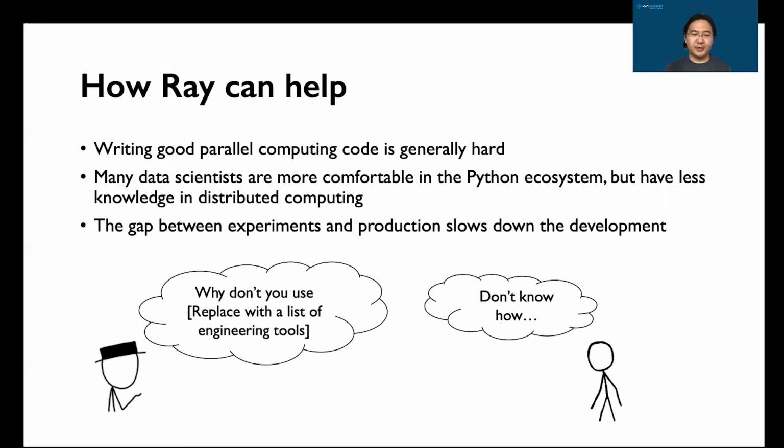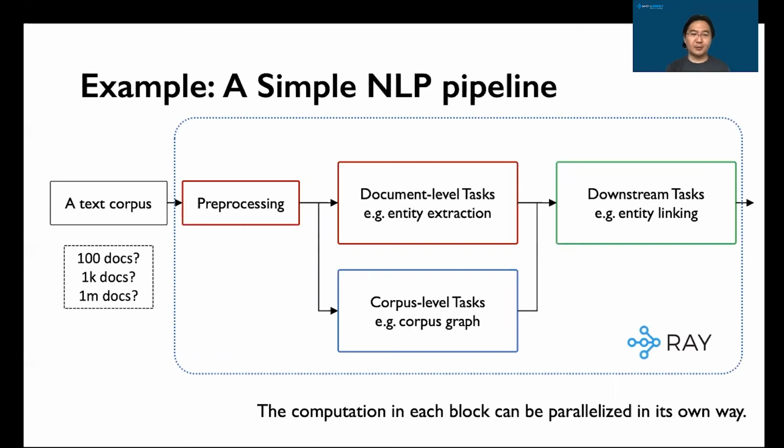All right. So what we can do is look at that pipeline, right? Even though there are these dependencies in it, the interesting part is different blocks can be parallelized in their own way. If you think about more traditional distributed computing, you can define a DAG and run the DAG that way. But a lot of times, when you use some of the packages to define a DAG and define your run pipeline, you may need to significantly change your code structure, and that can be confusing.